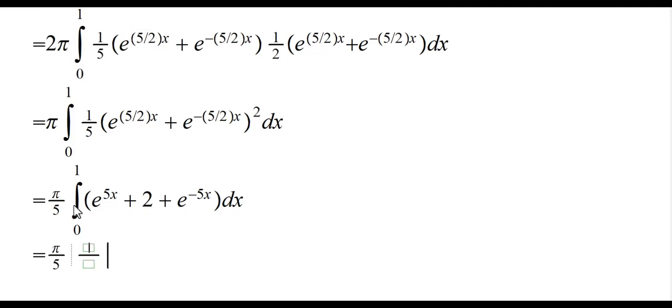First we get e to the 5x over 5, plus for 2 we will have 2x, and then minus integral e to the negative 5x over 5, and on the top we have a 1, and the bottom we have a 0,